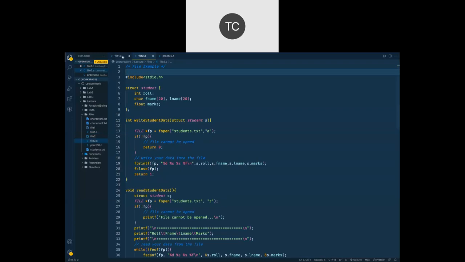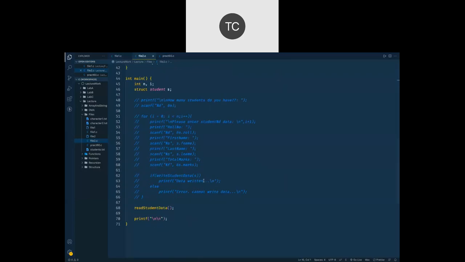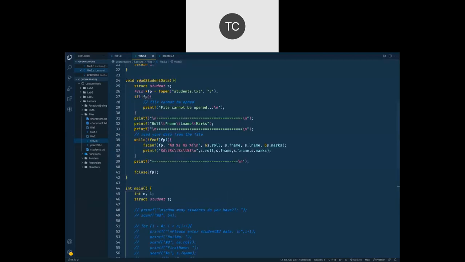Later we went for a somewhat complex example, where we used a structure of student having roll number, first name, last name, marks, a kind of complicated data here. We refer to it using a student structure. And then what we saw here was we asked the user how many students they have, and we stored that data in a file, and with a different function we also read that entire data and printed it in a tabular format.